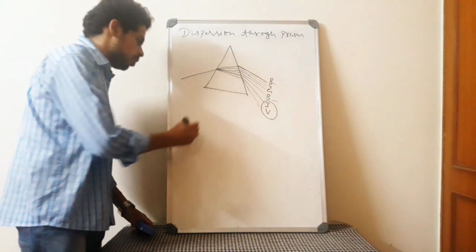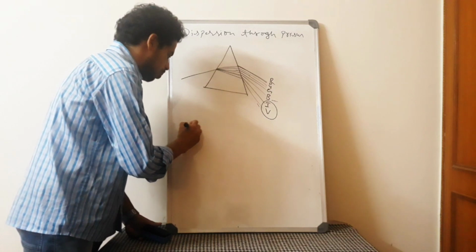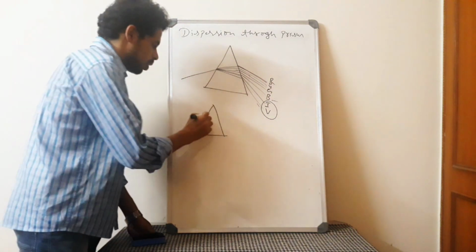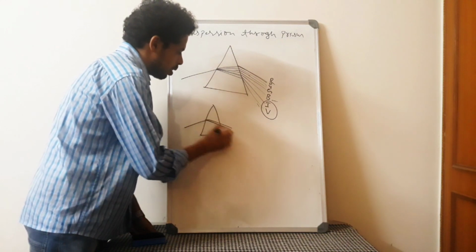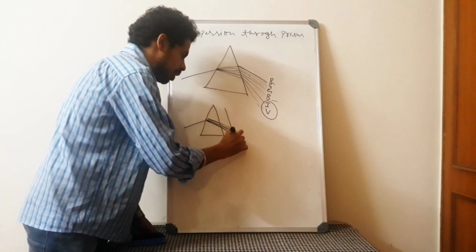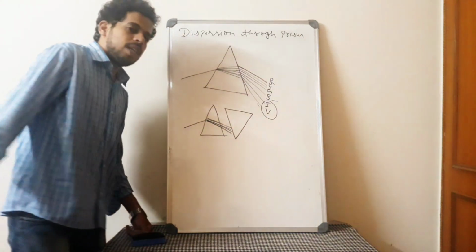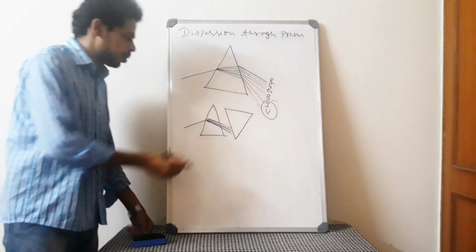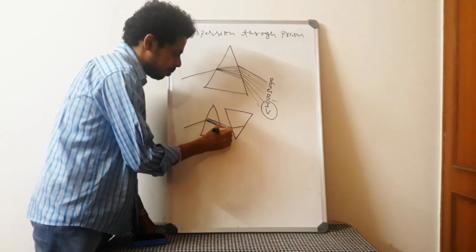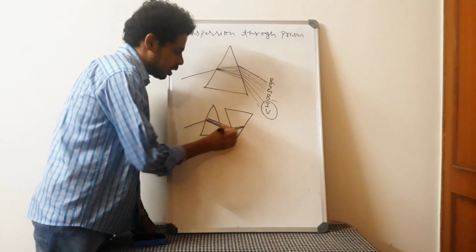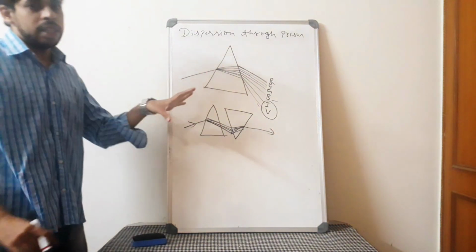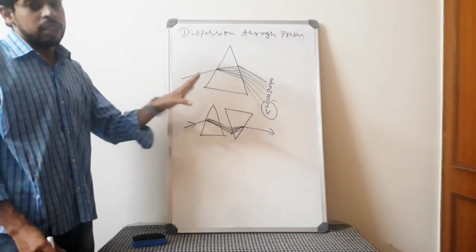Isaac Newton also did another experiment. He passed light through a prism, and we got a band of 7 colors. What he did is he kept another prism in the opposite direction, in the reverse direction. So what happens? All these 7 colors will enter, and white light comes out. Then he concluded that it is a reverse process.